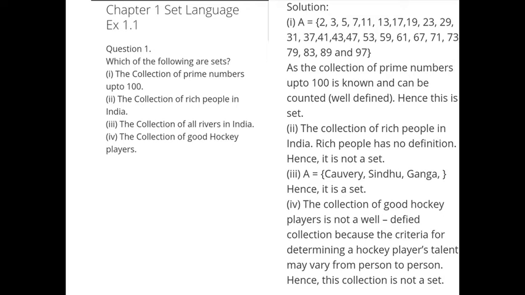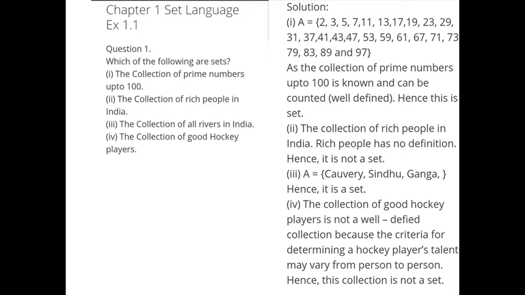Third question, the collection of all rivers in India. We already have a list of rivers in India, so from the collection we can say whether a river belongs to that set or not. It is possible to find out whether an element belongs to that set, therefore we can say it is a set.